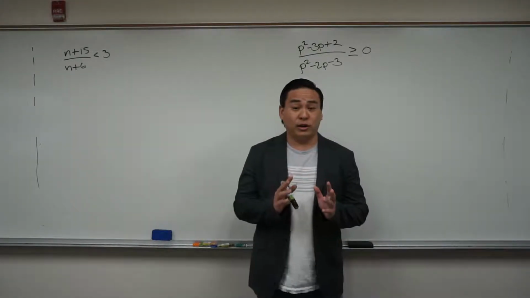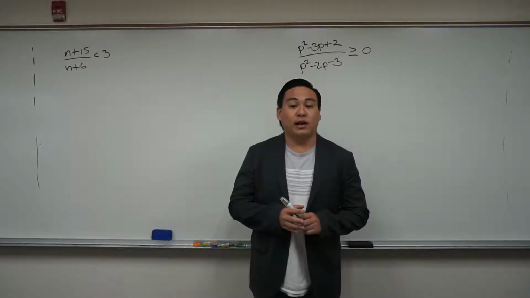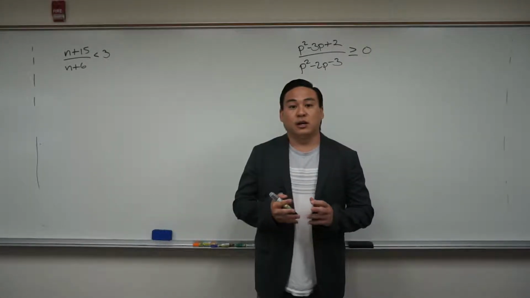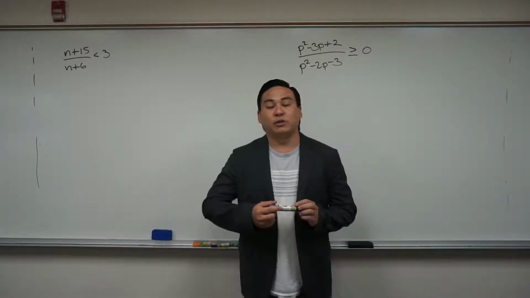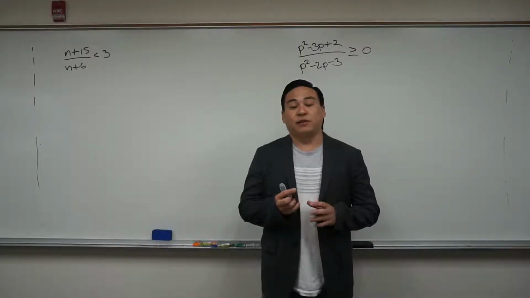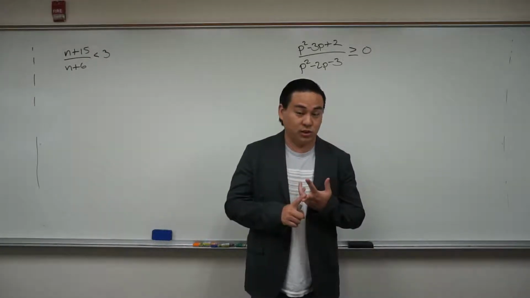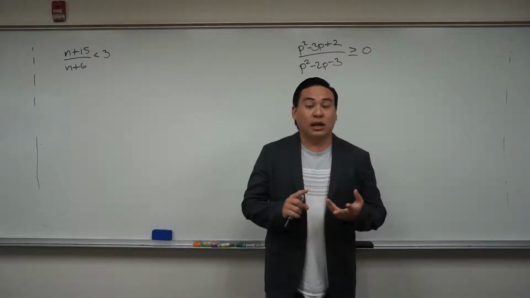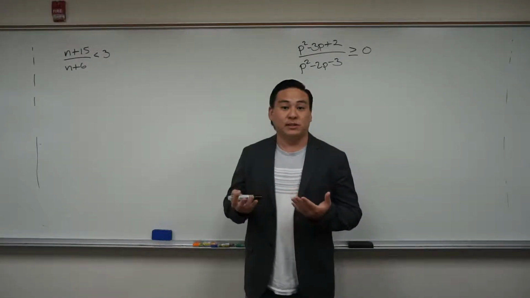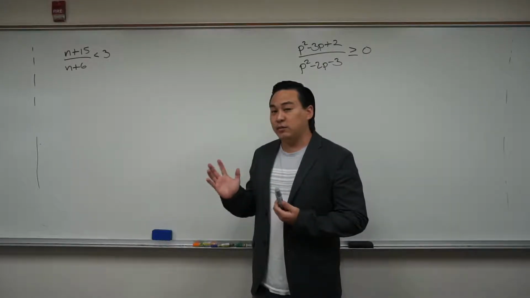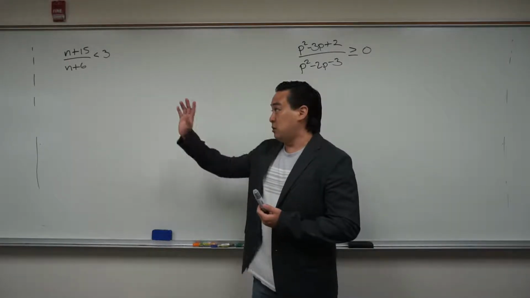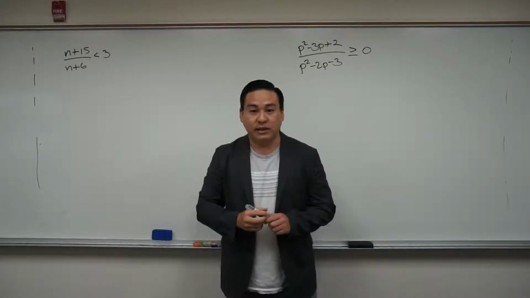Okay, so we're going to be doing rational inequalities right now, and rational inequalities are very similar to polynomial inequalities. So what we're going to do is find the roots, but in this case we're also going to have to find the vertical asymptotes. And we're going to use the multiplicity trick again. There's one thing which is a little bit different in the rational version of it, and we'll discuss that a